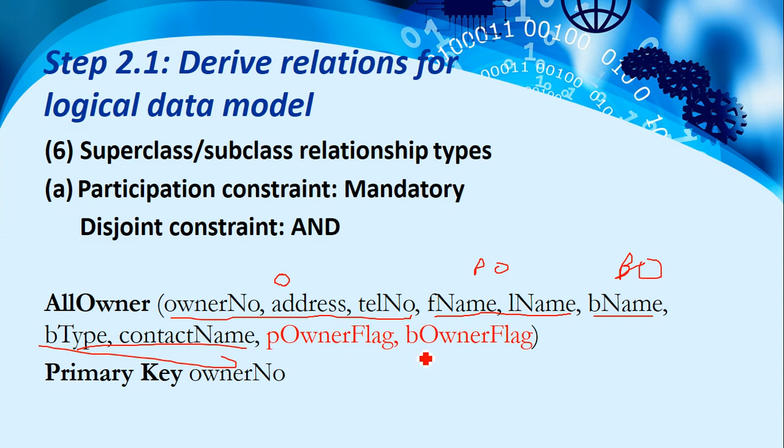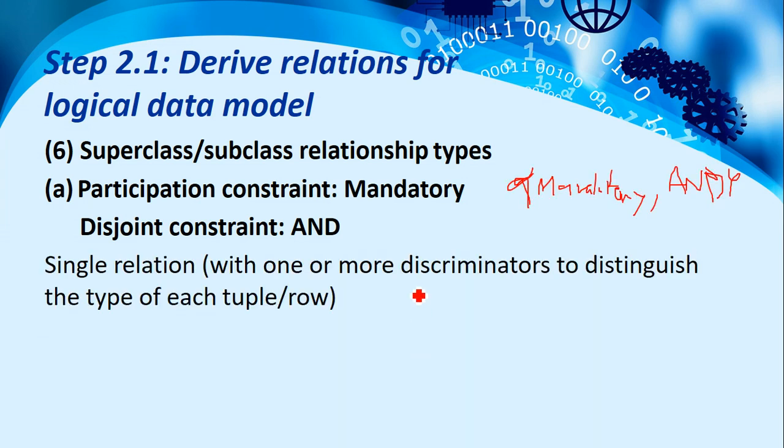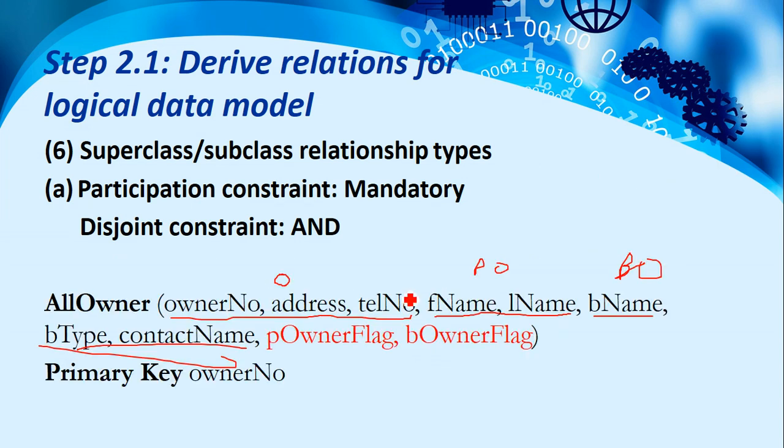Ito yung tinatawag nating na discriminators. So yung na-mention na one or more discriminators, ito yun. Ito yun sila. These are our discriminators. Ay, ang hirap isulat. Basta discriminators to sila. Okay? And we have in this example, dalawa yung discriminators natin. One is for the private owner and then this one is for the business owner flag. Okay? So bakit ganito? Kasi let's say for example, we're going to insert a